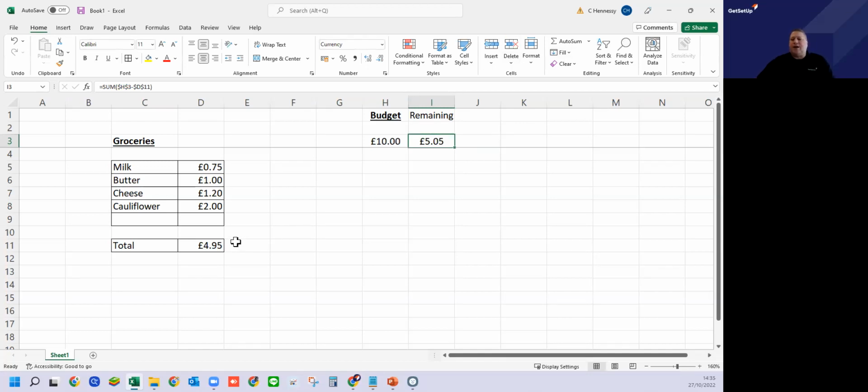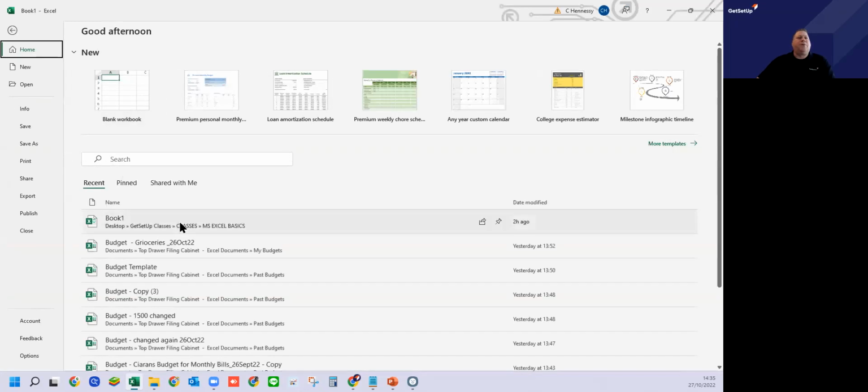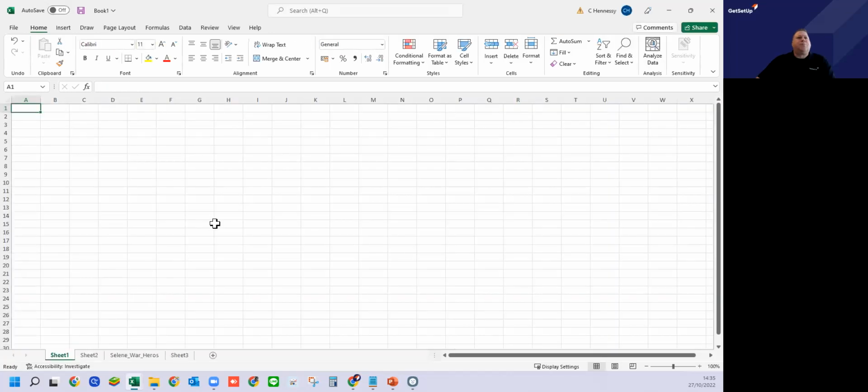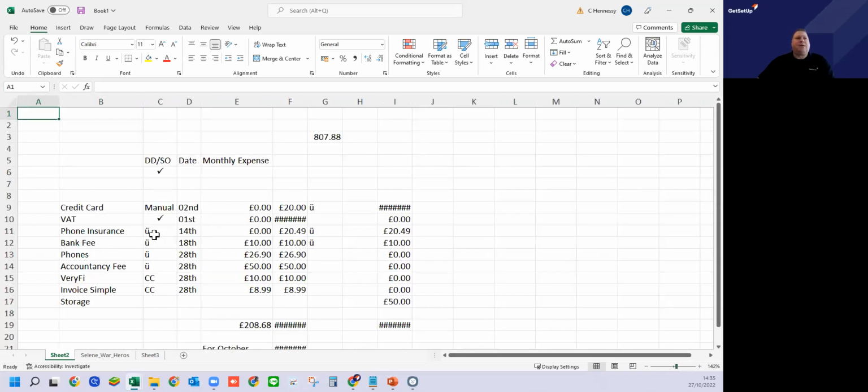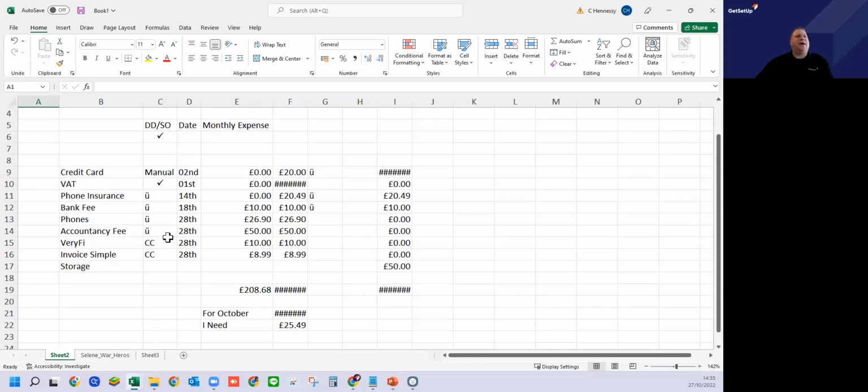Okay. So what I'm going to do is just show you quickly how you can also use Excel for other things. So I've one that's opened, or one that I've created. So we'll just open this, and I'll just delete that. I'll just make this a bit bigger for you guys as well. That's a little bit better. Okay, so a couple of other things with Excel. First of all, you do not need to create your own Excel document for everything that you want to add. So if you've got your grocery budgets, if you've got your monthly bills, for example, in this particular example,